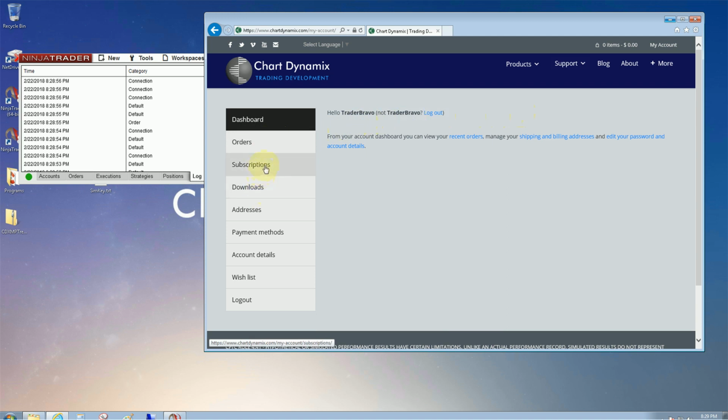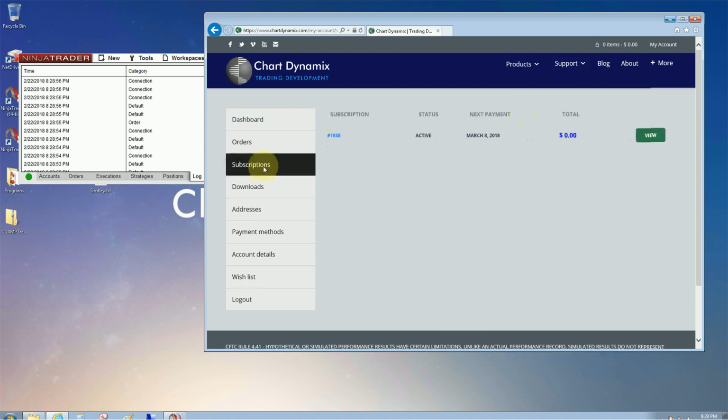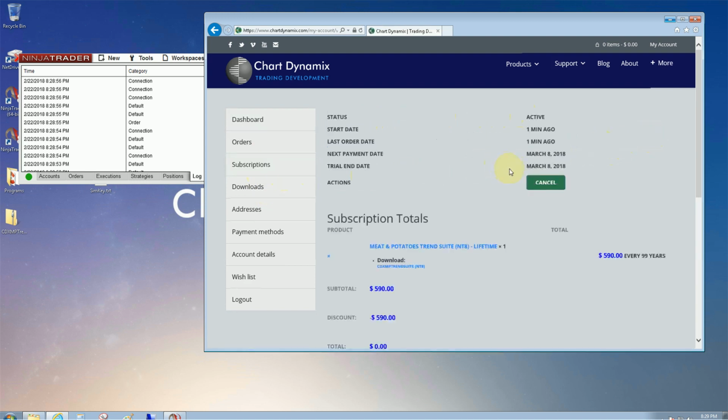This particular product includes a 14-day free trial. If I would like to cancel that free trial at any time before being billed, I'm going to do that under subscriptions and click on view under the subscription, and I'll be free to cancel that at any time if I need to. The download is also provided on this page, but we're going to go over to the Downloads tab